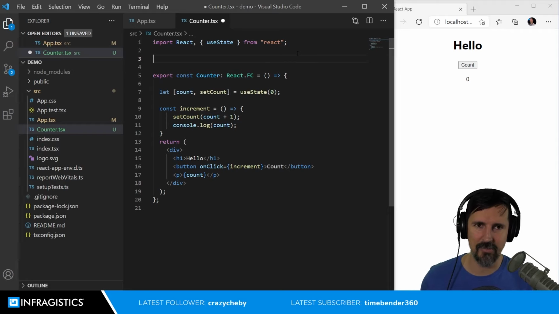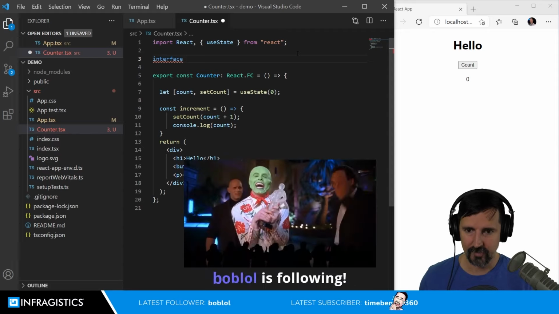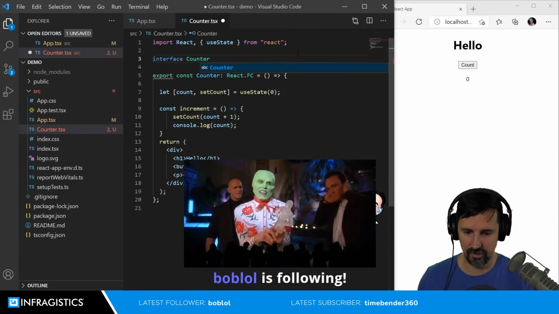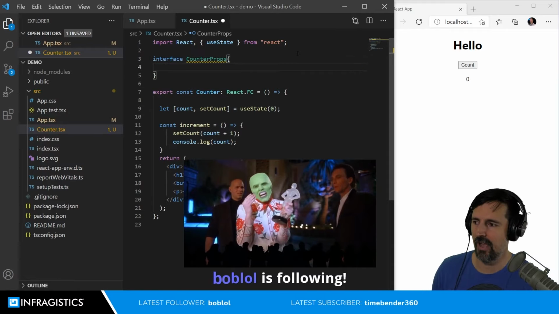A common approach to this is you'll say interface CounterProps, right? And then once you have your,